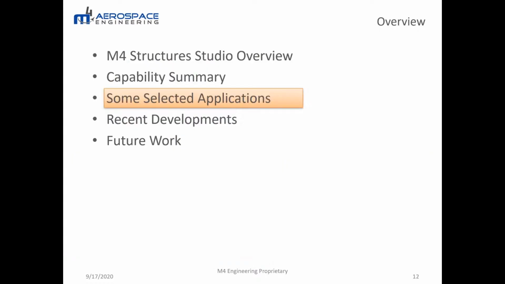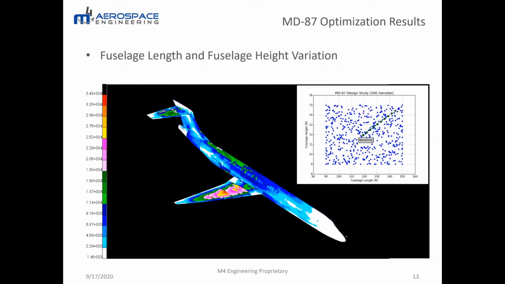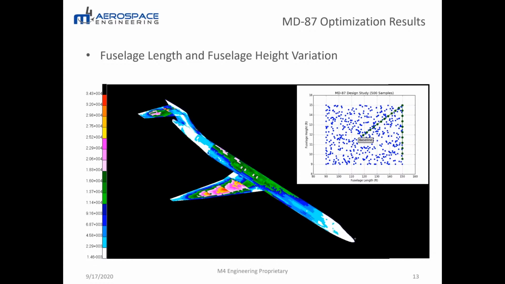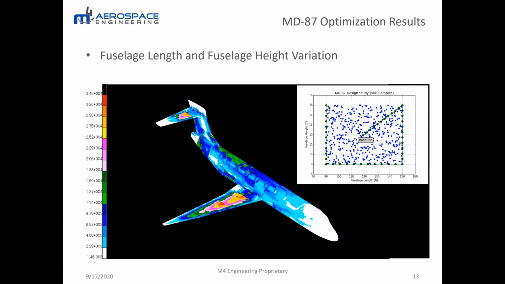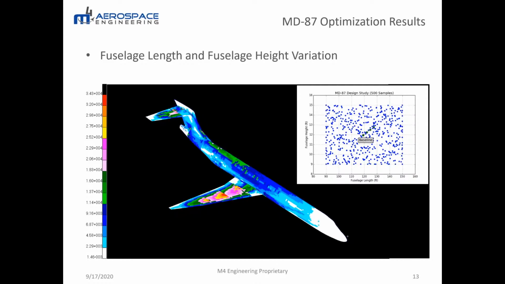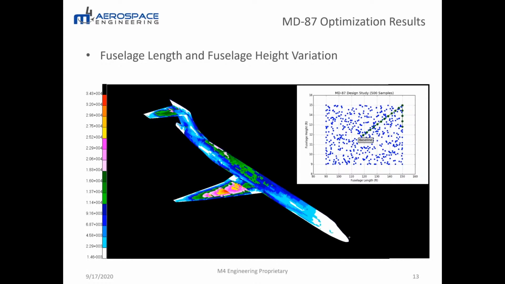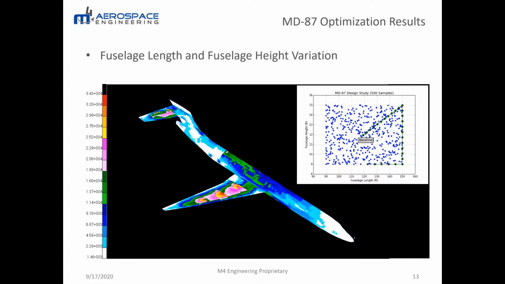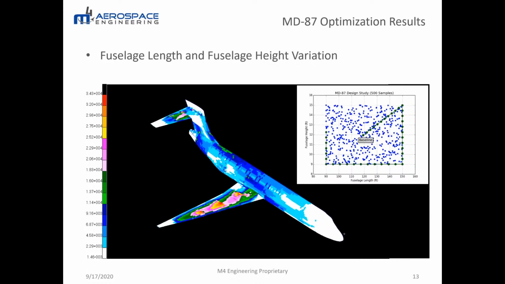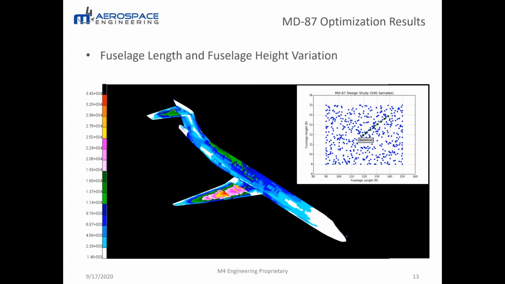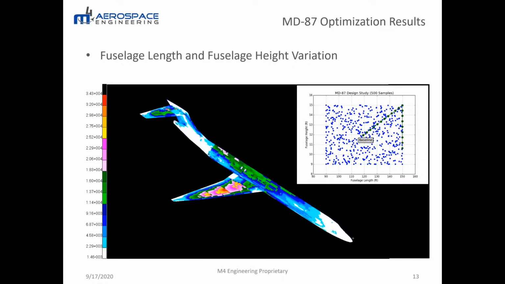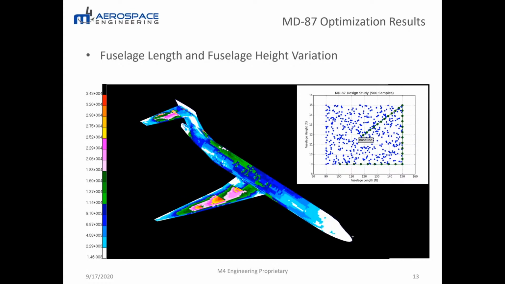Okay, so I'll move on here and show just some selected applications. The first one we'll start with is a conventional MD-87 vehicle that we looked at. What you're seeing here is an animation where we're showing a trade between fuselage height and fuselage length, and we're marching along the exterior of that design study envelope that we looked at, where each case that you're seeing here was generated with the tool and fully executed through Nastran